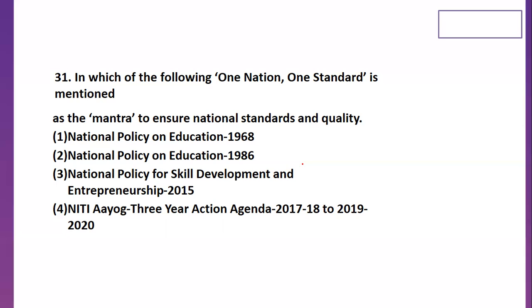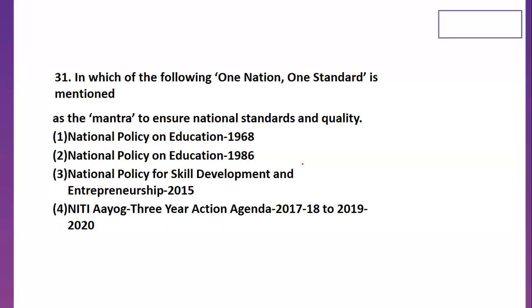National Policy for Skill Development and Entrepreneurship, and NITI Aayog, a 3-year action agenda plan, which is from 2017 to 2020. Now, see, when I tell you to read all the options properly, NITI Aayog 3-year action agenda, 2017-2020. Yesterday also, I took one question out of this, where the options were similar, but the question was different. So you should know the NITI Aayog years, it should be reflected. Even if you get it in maths or something, you don't have to keep a separate time to revise this topic. It has been repeating, so you should know it is 2017 to 2020.